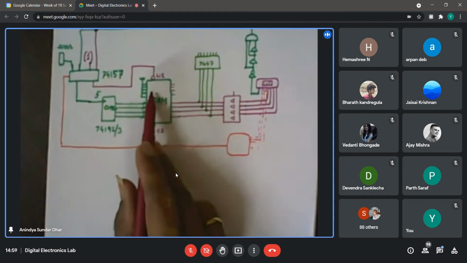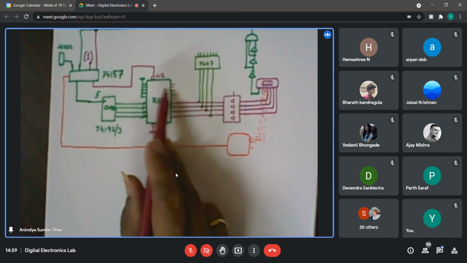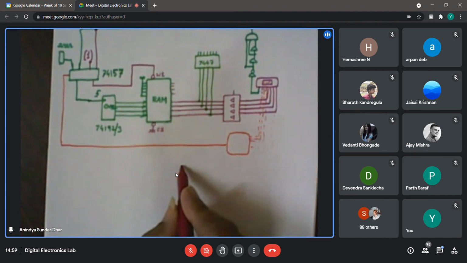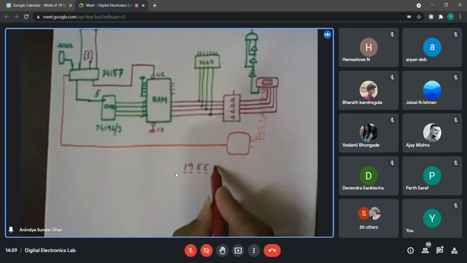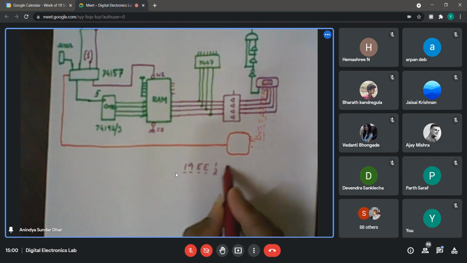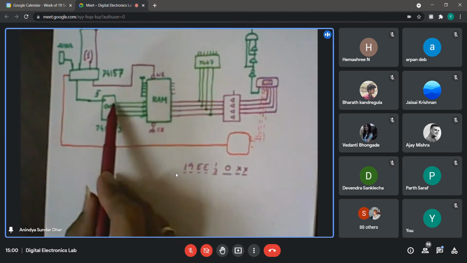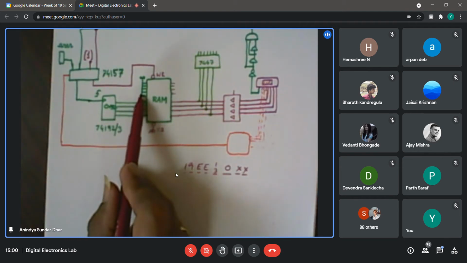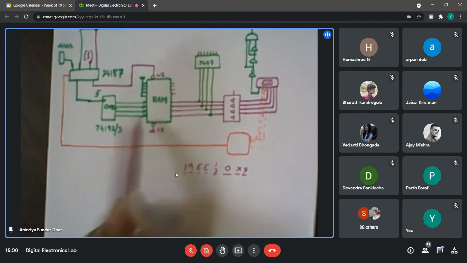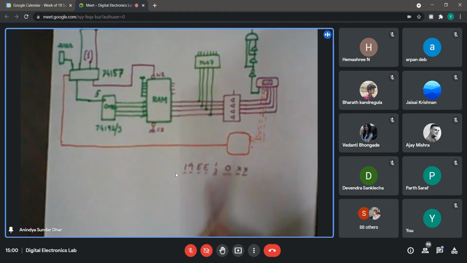So here initially in this RAM, maybe you have put 8 values, like your roll number, the compressed roll number, whatever I have mentioned, suppose 19EE, or other than E, is there anyone? I asked last time, I guess. 19E, so 1 or 3, whatever, and then 2 zeros, you're compressing to 1 0 followed by the last 2 digits. So now it will become an 8-character code. So you put that in the RAM. In this case, rather than using the 4th bit from the counter, you can connect that one also to the ground, because only 8 locations of the RAM we are using right now. Or else you can repeat this number.